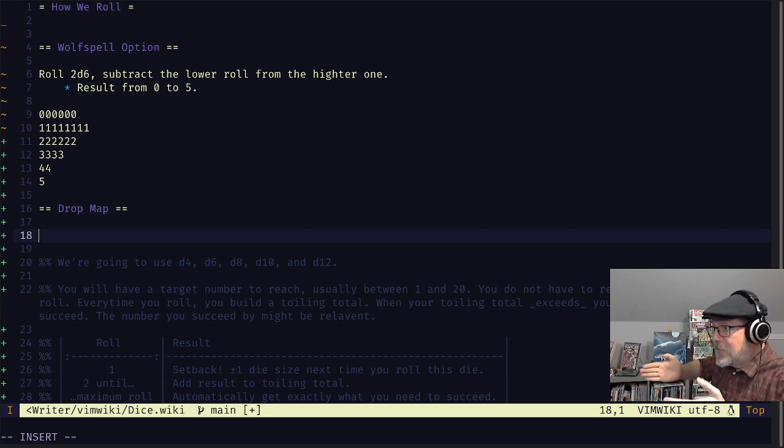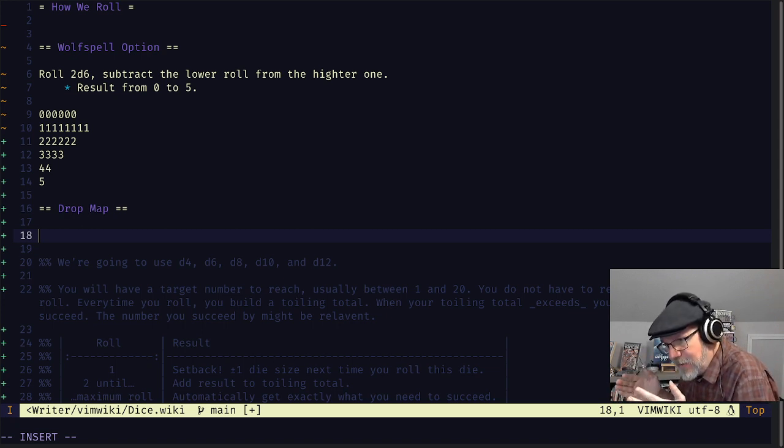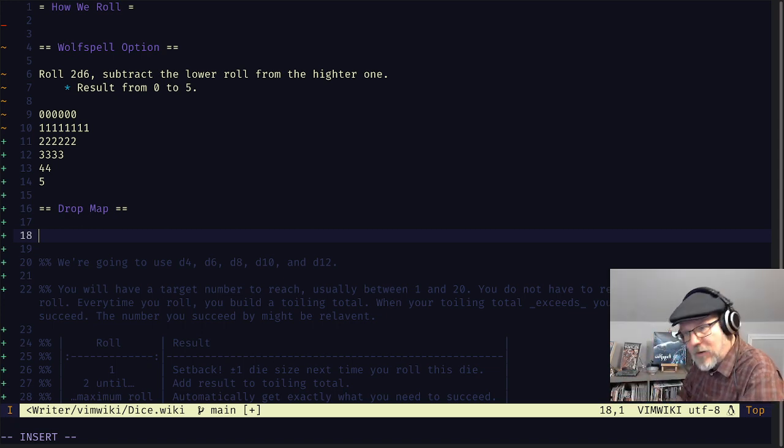So what made me think of that is that if you do a drop map, you have a little thing that you can print out, trace, do whatever, that is just made up of the shapes of your toy, and then you drop dice on them, and where they land will tell you something, right? There's some sort of interpretive value there that would be really great, because then every character has a bespoke drop map, which I mean, that's kind of fun, especially if it's made out of the different parts that you have on your character.